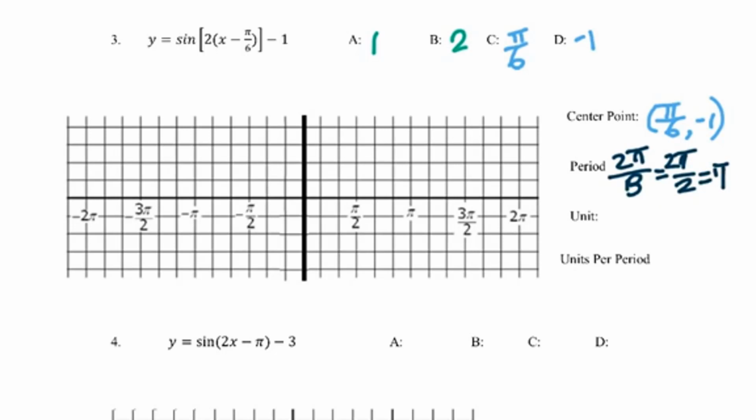For the unit, check how many units between pi over 2. That's pi over 2 divided by 3 means pi over 6. Units per period means pi divided by pi over 6. Numerator, pi reduce, 6 jump, you got 6. So first of all, find pi over 6 and negative 1. That's the center point